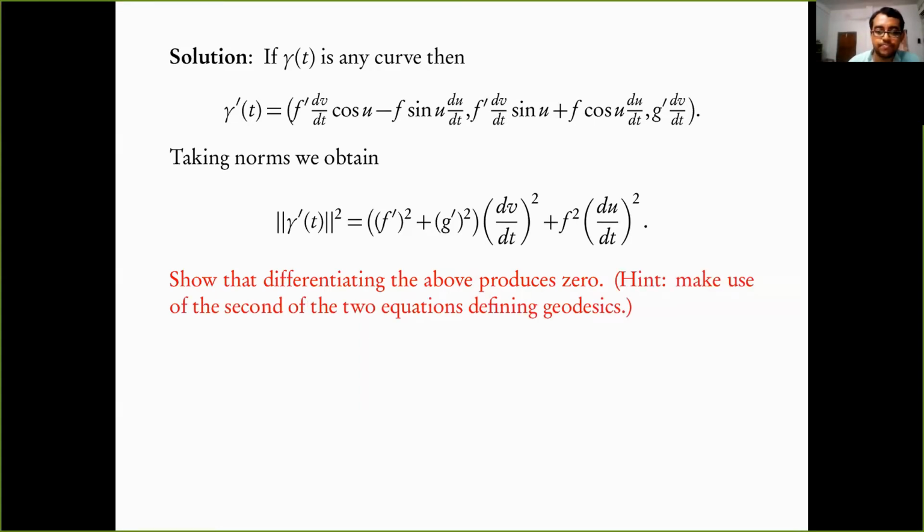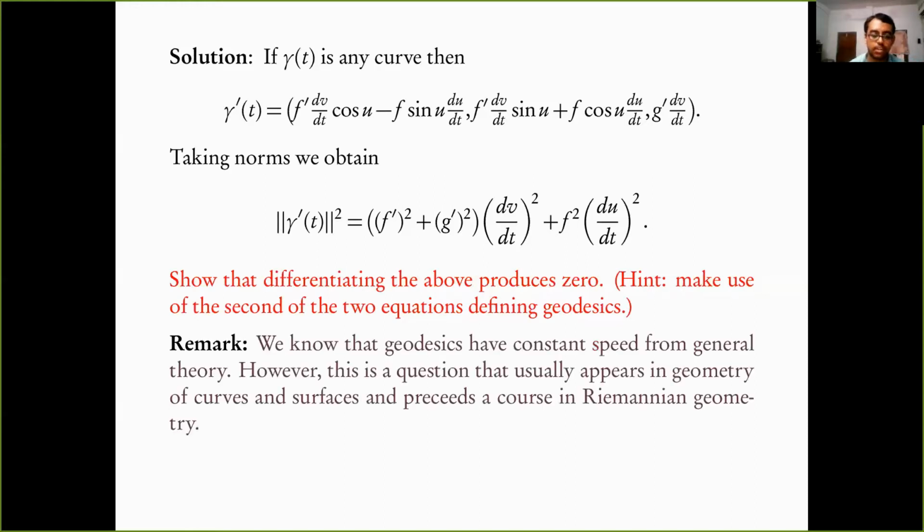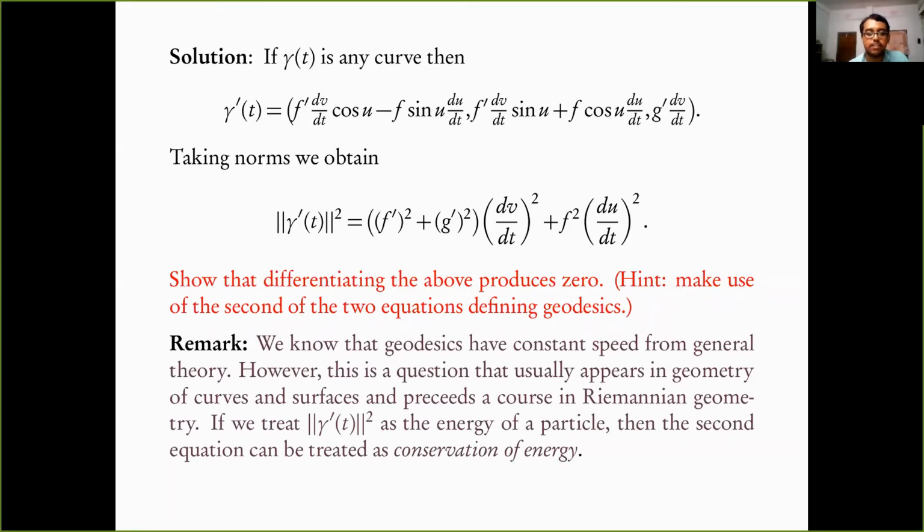So let me just make a remark. Again, the remark is what I just discussed earlier. This is a question that usually appears before Riemannian geometry. So the point is to show that this is true without using the theory that we have developed. And one can think of this as conservation of energy of a particle moving on the surface of revolution along a geodesic. Because if you take the mass to be 1 and normalize with a half, then this is like half m v squared, or half m speed squared. Okay, so all right. If there are no questions,